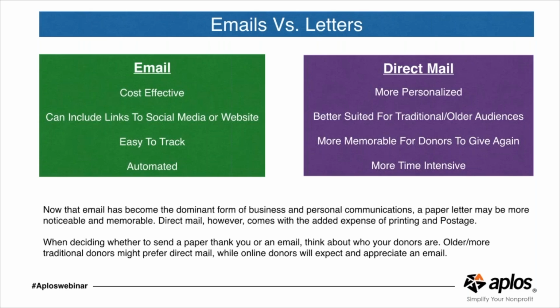In other words, if you have people that are willing to give a recurring gift, of course, they're saying, hey, I'm going to give you $50 a month or $100 a month until I tell you differently. Well, obviously, if they're willing to sign up for that kind of program, then they're open to an email receipt.